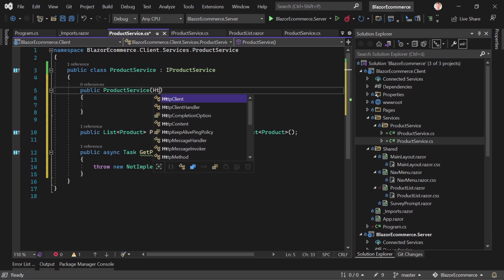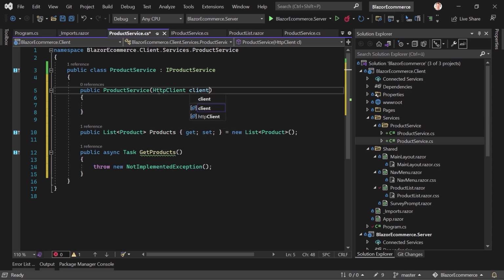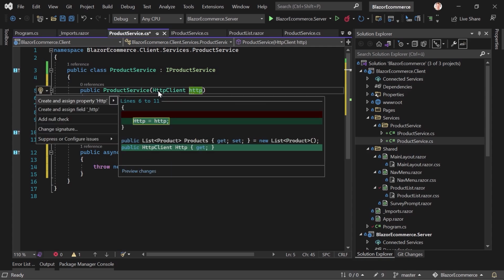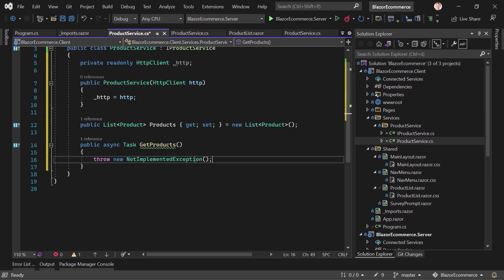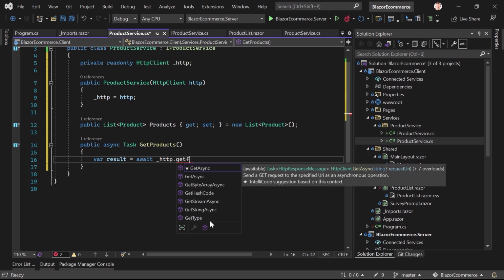And now we inject the HTTP client here as well. Let's call it HTTP like that. We add the private field. And now in here, we say our result is await HTTP get from